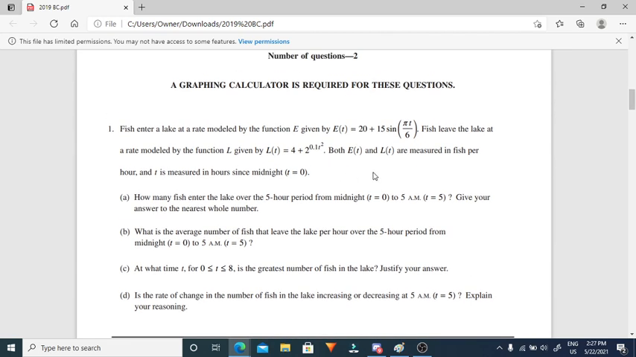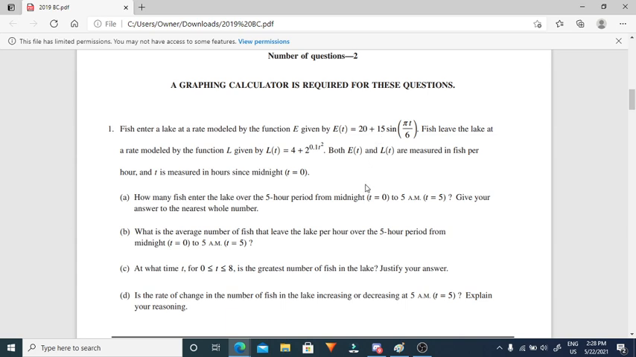A graphing calculator is required for these questions. So fish enter a lake at a rate modeled by the function E, given by E of t equals 20 plus 15 sine of pi t over 6. Fish leave the lake at a rate modeled by the function L, given by L of t equals 4 plus 2 to the 0.1 t squared. So E of t is the rate at which fish enter the lake, and L of t is the rate at which fish leave the lake. So both E of t and L of t are measured in fish per hour, and t is measured in